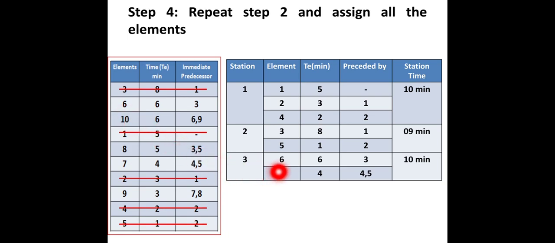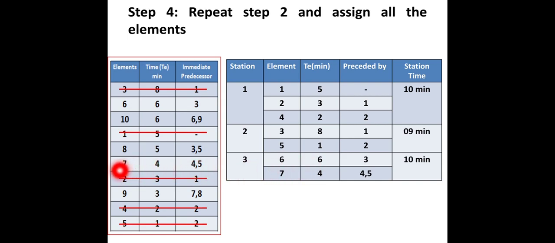So I have assigned here 6, 3. So what is the time remaining here? 10 minus 6 is 4 minutes. Again we can check. So here 3 comma 5. So here I have already assigned 3 and 5. So I have a provision of assigning this element. One condition is satisfied, that is the precedence condition. I need to check the element cycle time condition also. Here it is 5 minutes. 6 plus 5 will be 11. So it is not possible for me to assign this as it exceeds cycle time, that is 10 minutes.